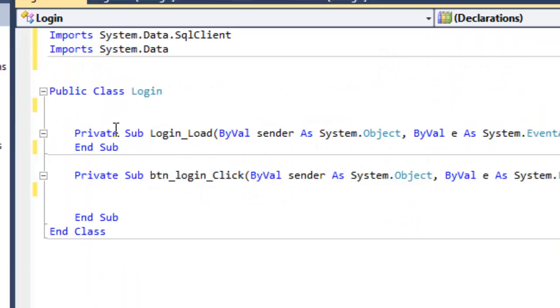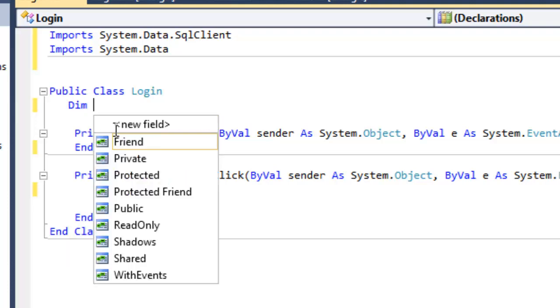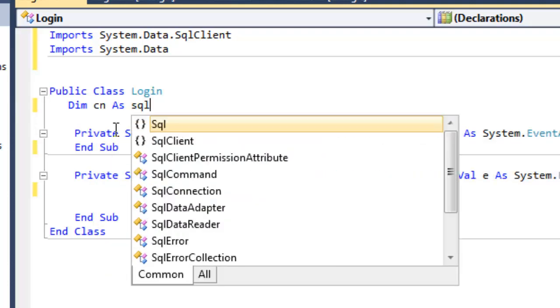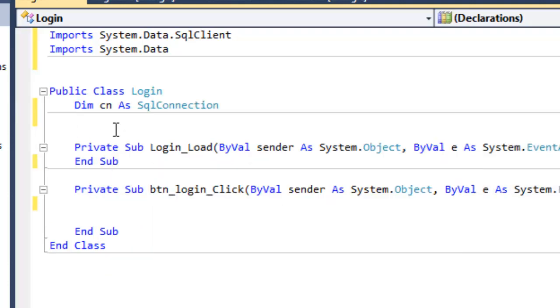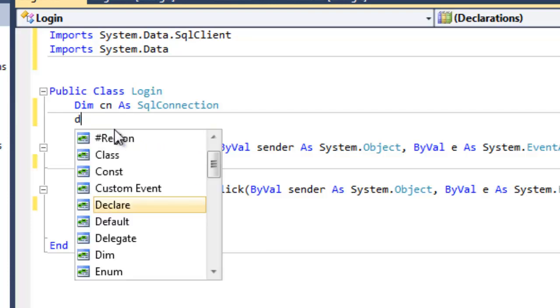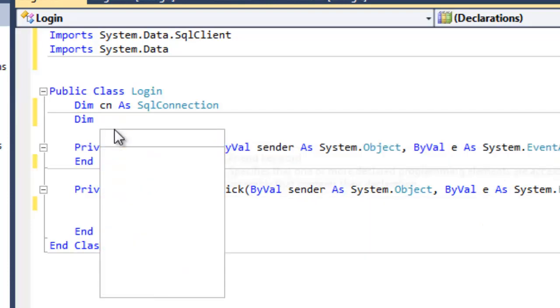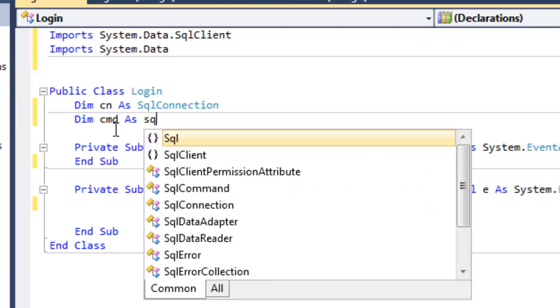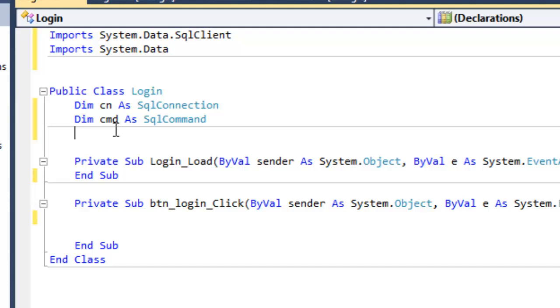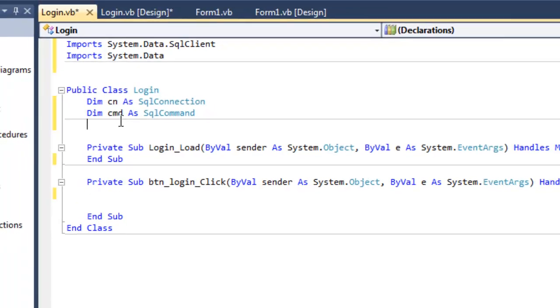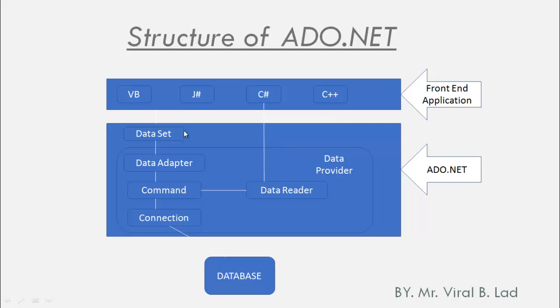So for database connection we have to declare one object, Dim cn As SqlConnection. Another is for SqlCommand class, cmd As SqlCommand. We are using a dataset, and for accessing dataset we must use a data adapter.